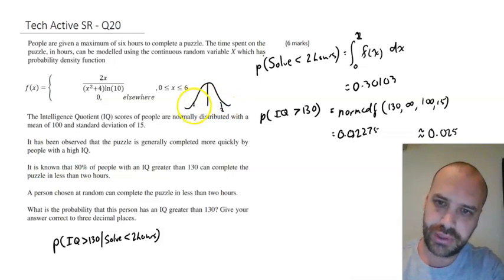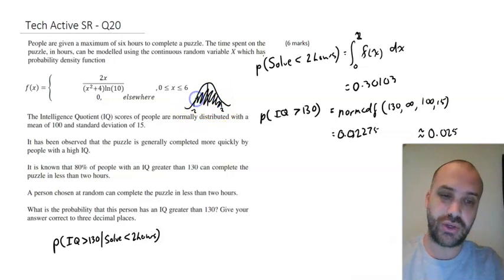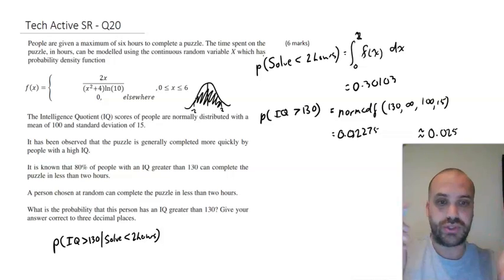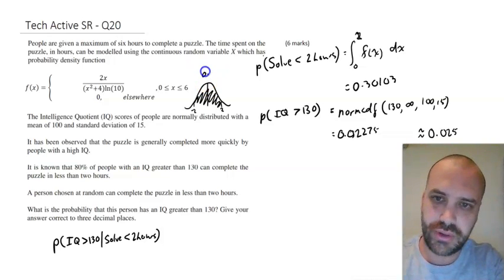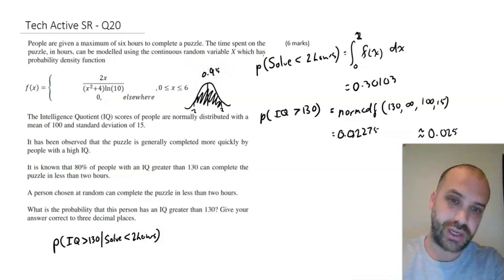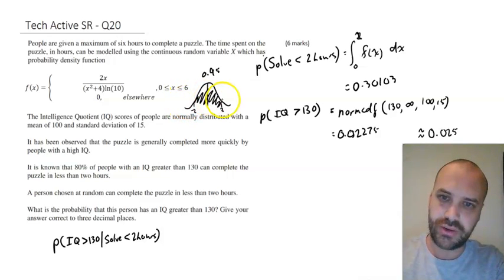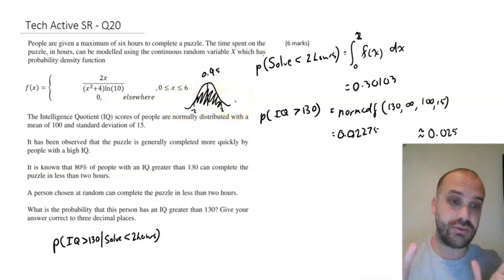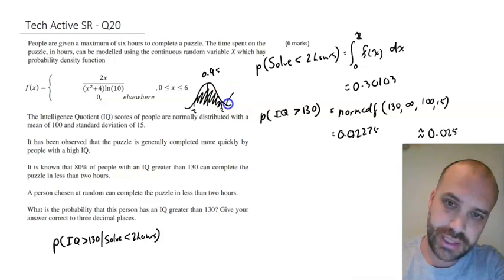And I believe that the area under the curve between -2 and 2 of z is 0.95, which means that this area and this area together is 0.05, which means that this area by itself is